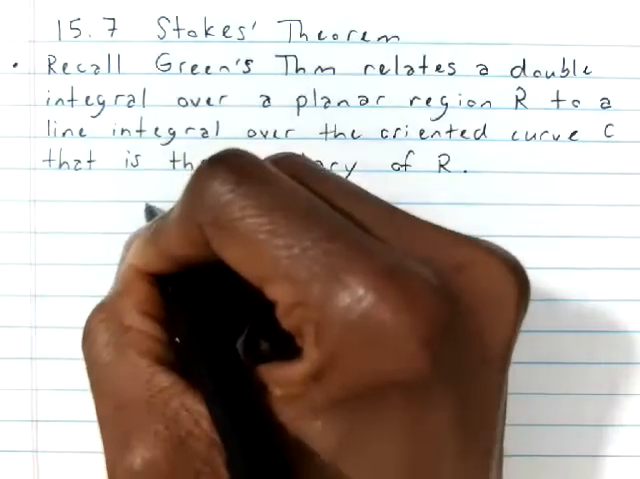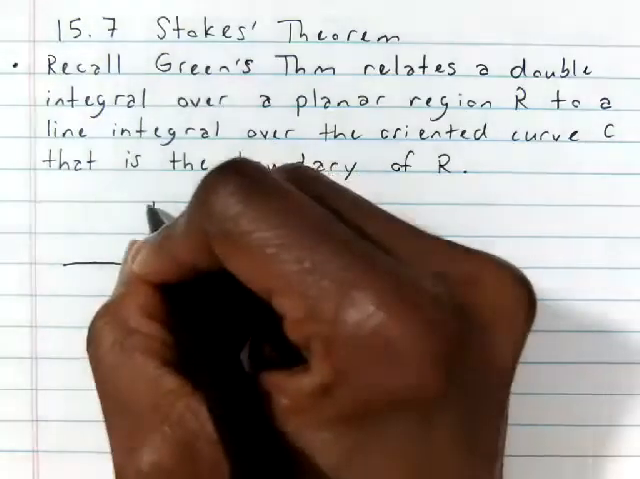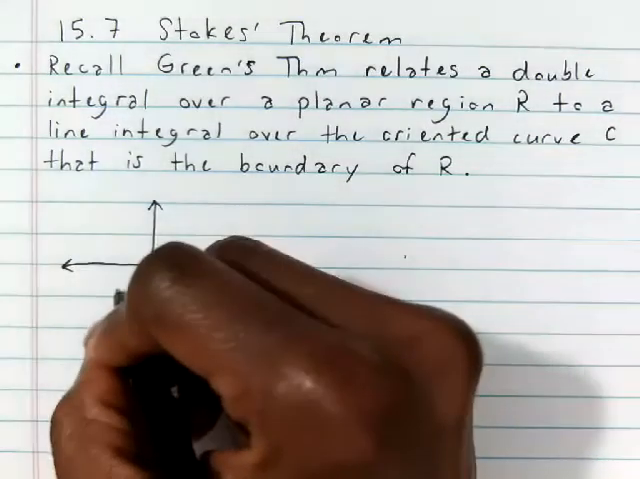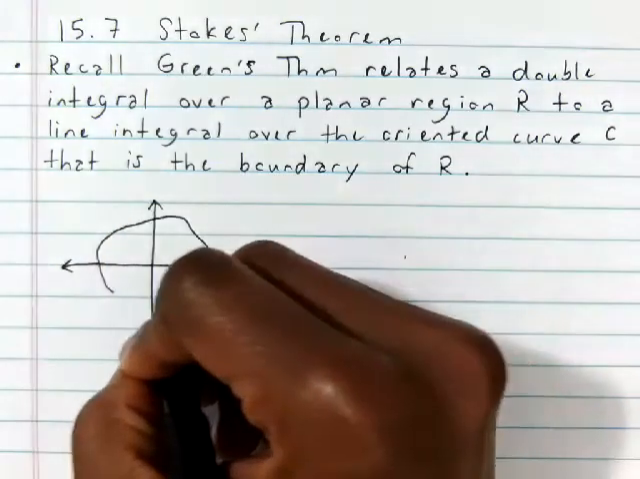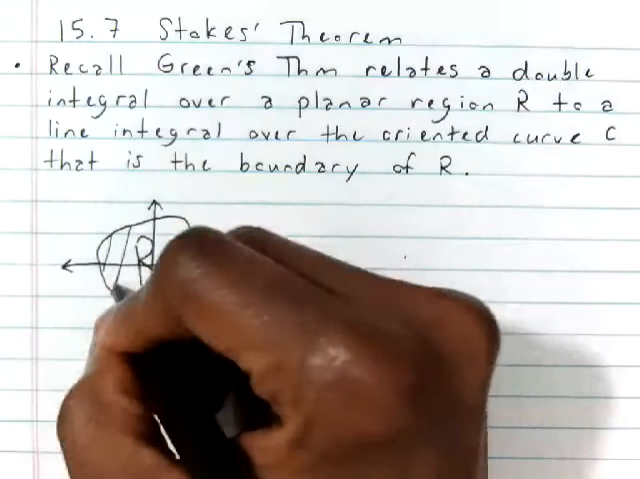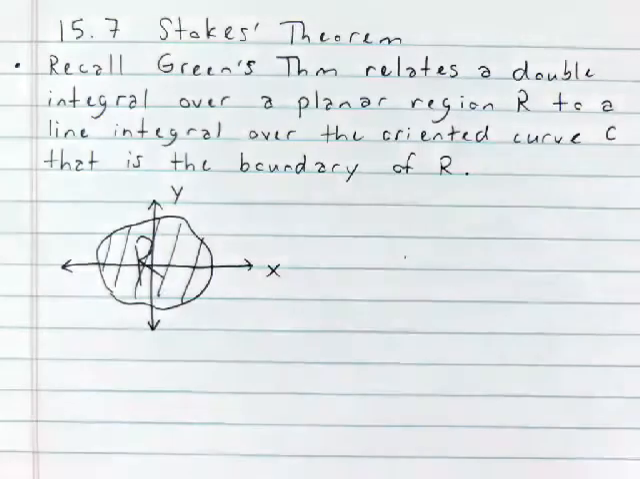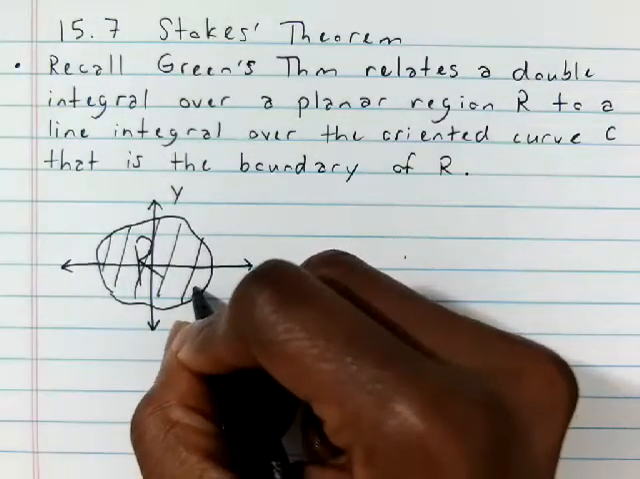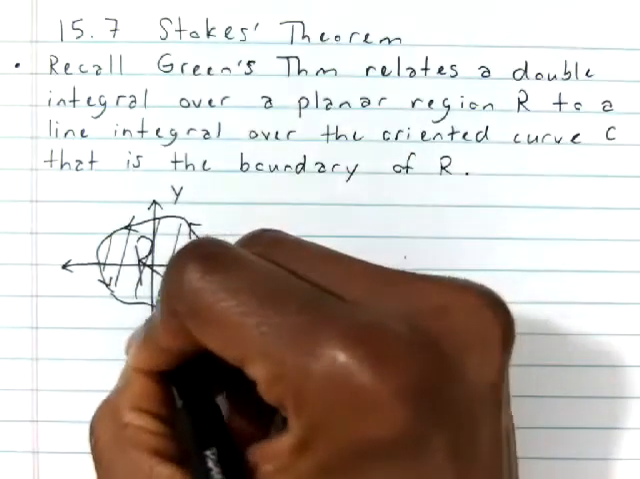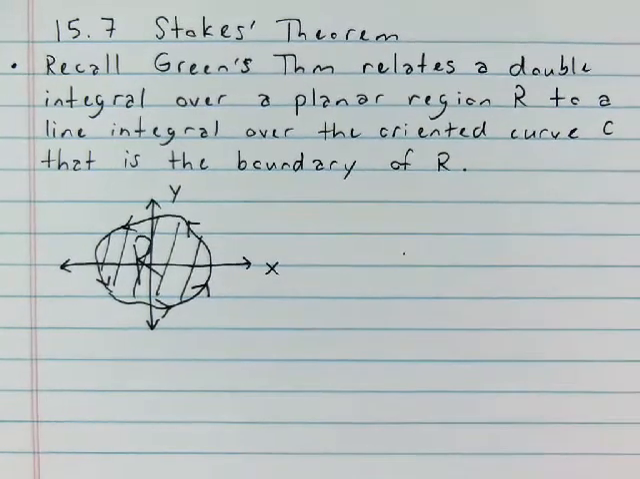So remember, we're working in two dimensions when we're working with Green's theorem. So say we have some region R in the XY plane. Then that region R has an inherent boundary curve. And we just orient that boundary curve in the counterclockwise direction. And so Green's theorem tells us